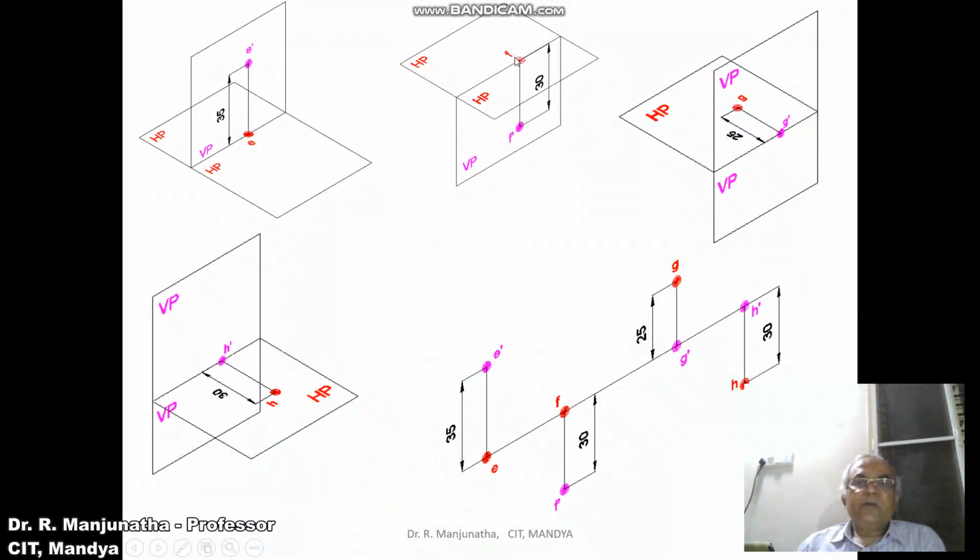When you look from the top view, it is on the vertical plane, so obviously the image will be on the horizontal plane. So when HP in the third quadrant is rotated to the top, then HP in the fourth quadrant will be rotated down. So the image is going to lie at the same point. That means the top view of the point F will be on the XY line and the front view will be below the XY line. You can see here F and F dash.